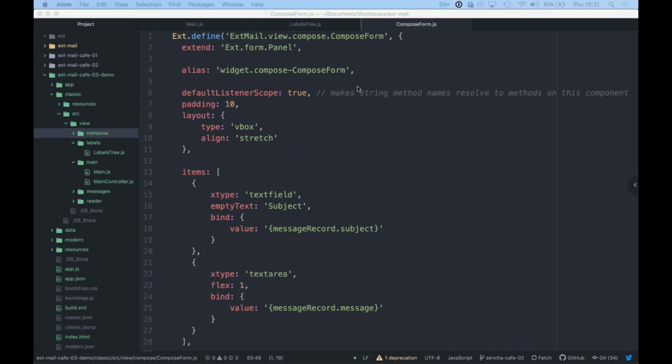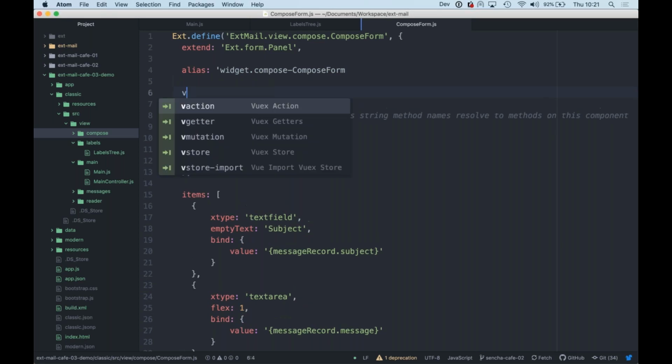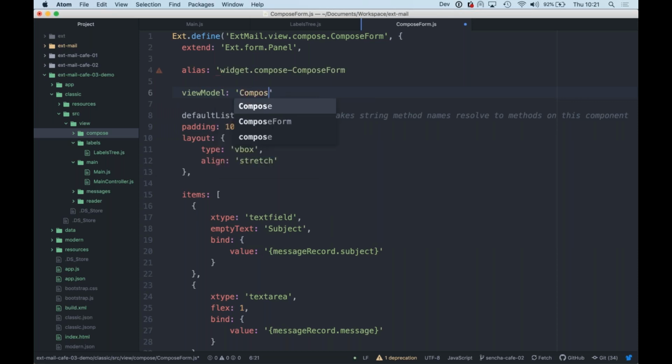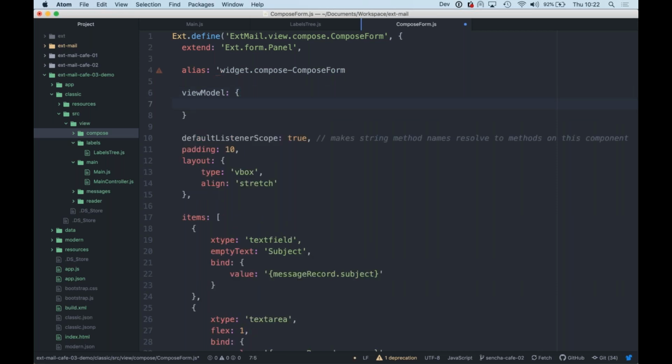So at the top, we're going to use an inline view model. In the past, in other places, we've used an explicit view model, which has its own file, its own class, extending the view model class. But this one, because it's just a sort of quick store, there's not really any logic in it, we can make it inline. In the past we've used a viewModel alias here, so we could have done compose form viewModel, and that would be another file in the tree that we would make, but instead we're going to just make an inline one. So we're just going to give it an object, and we can configure it as we would normally. So we can make a data property